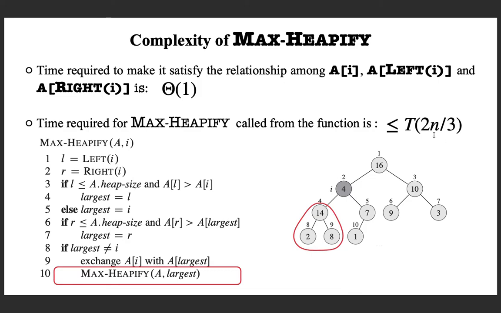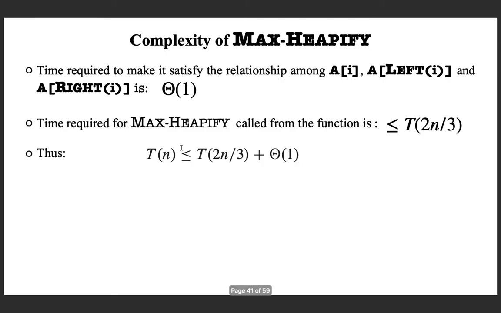And by taking it as granted, you can see that the time complexity of this operation is less than or equal to this quantity plus the time taken to adjust the largest among the 3 nodes. And if you solve this recurrence relation, you can easily see that it is nothing but big O of log n to the base 2. You apply Master's theorem, you can easily get it.